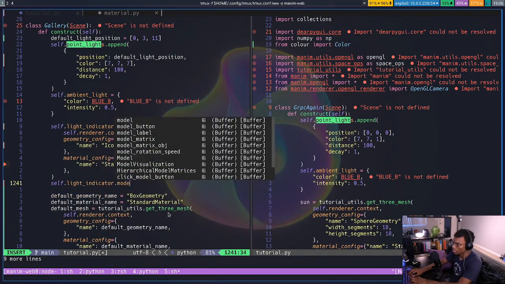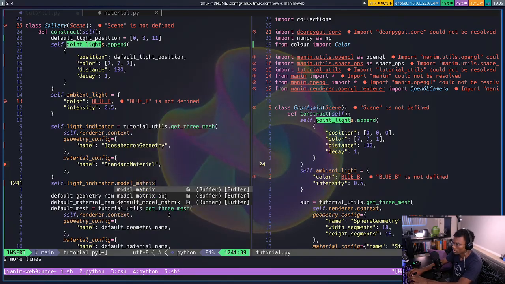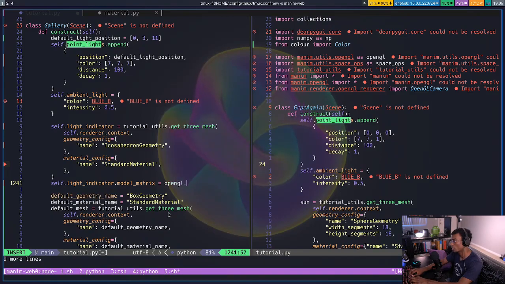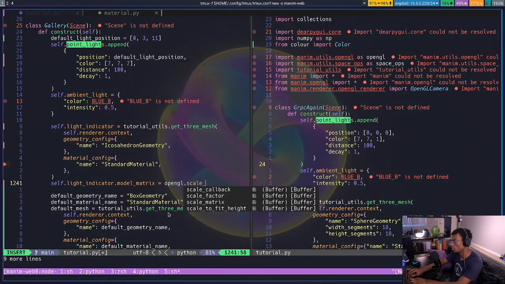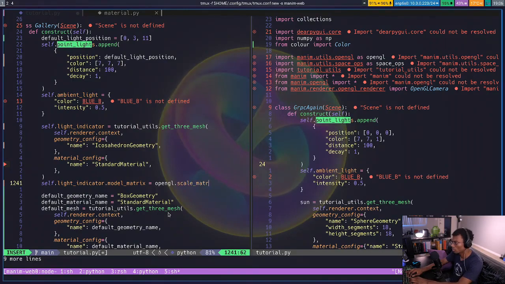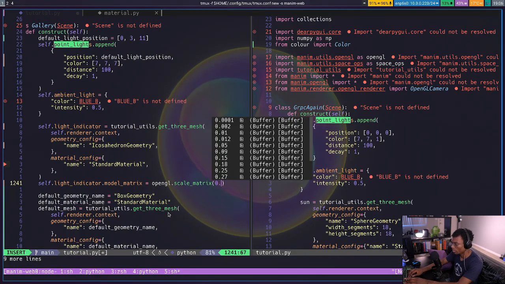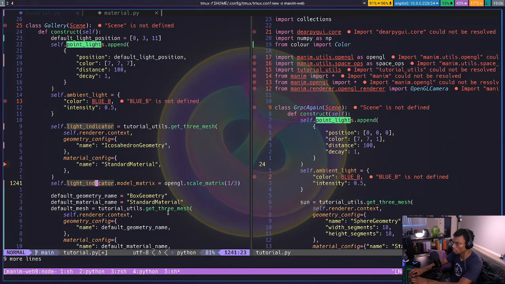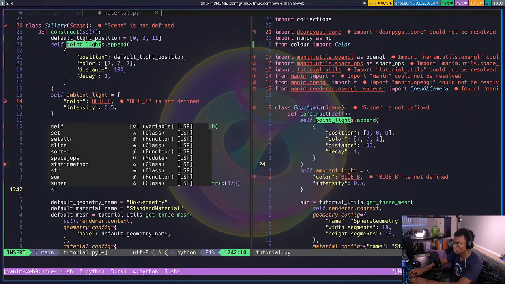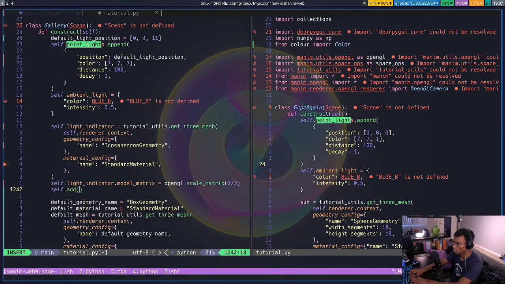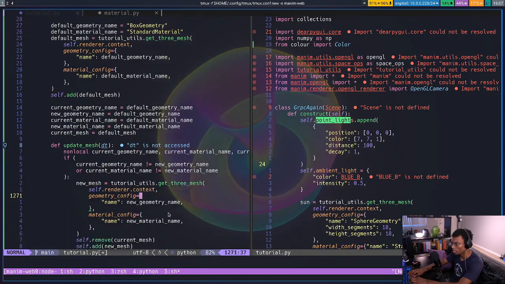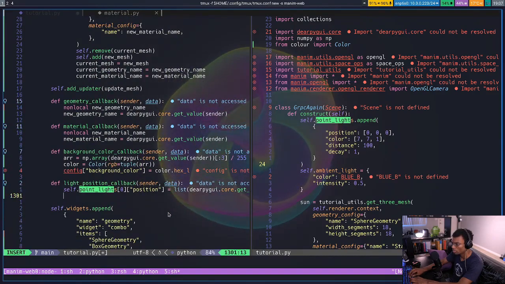Then I can shrink its model matrix. Am I like a third? Yeah. And I'll add that, and here, when I update the light,